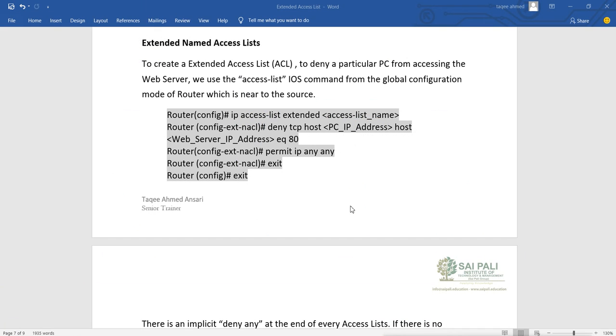So that was the standard access list. Now we will create an extended access list. The extended access list also works the same. It will be configured the same as what we configured in the numbered list. The only difference is the way we create it. We create it with a name, and by going into the ACL mode. And also here we can create with a sequence, so that we can remove one entry from a specific sequence and we can add new entries. Same as the standard, we can create the extended also, and let's see how we can create that one.